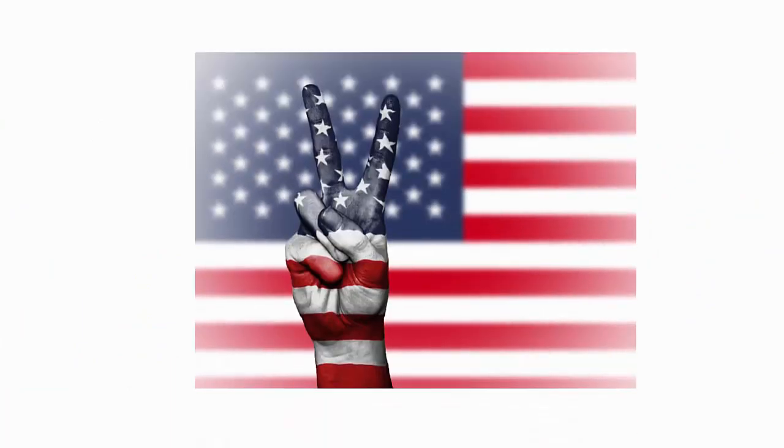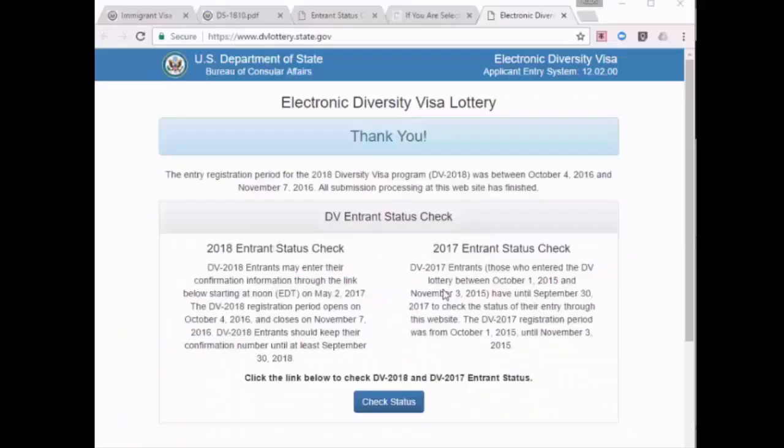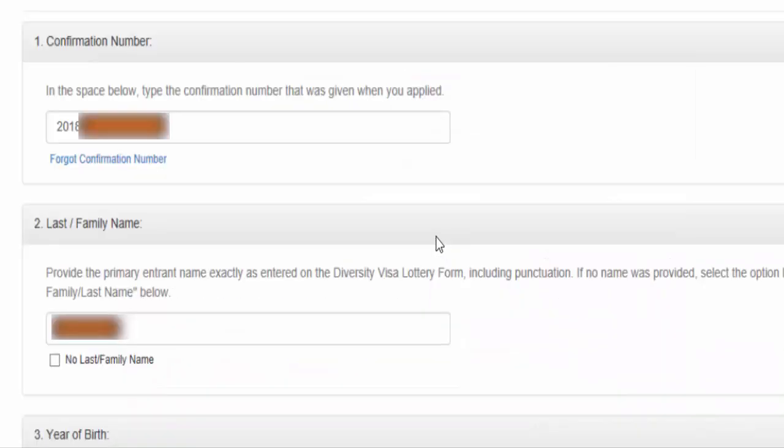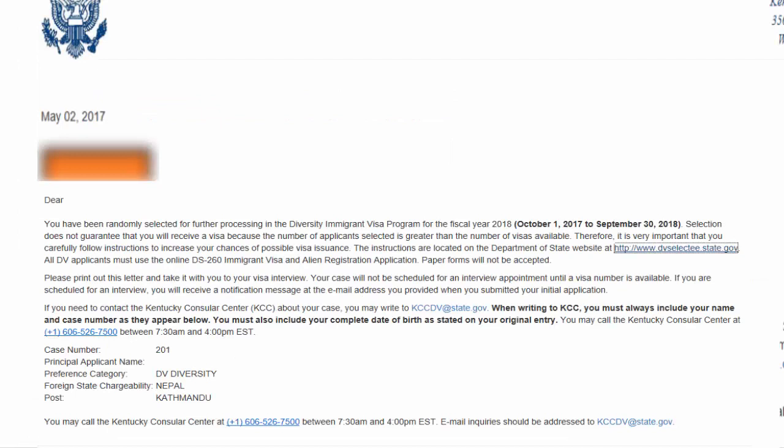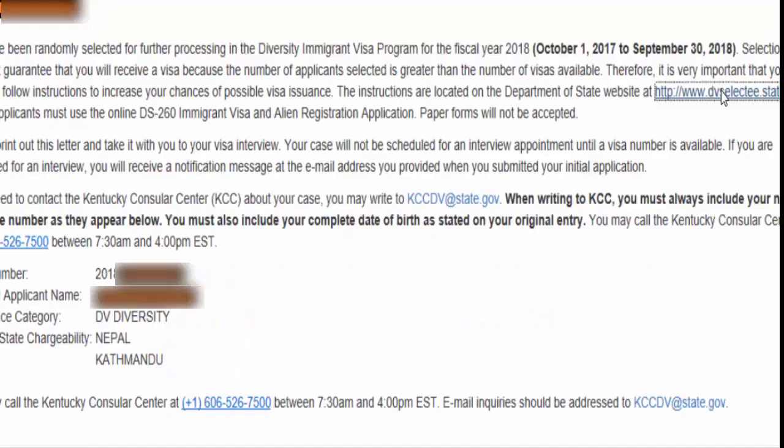In the next few seconds, I'm going to talk about the DV lottery. This is the page you come to check the status. Once you click on the check status button here, you're going to see this page where you enter your confirmation number, your last name, and the year of birth. Once you provide that, the next page is going to tell you if you won or not. If you have been selected, there is a link right here, click on this